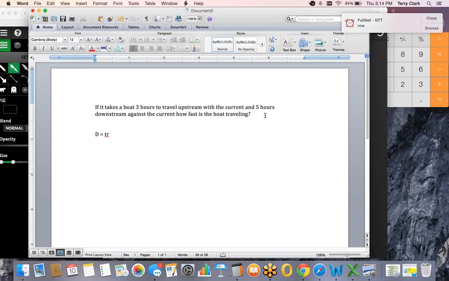Let me see. I'll set this up and see what happens. Okay, so it's 3 hours to travel upstream with the current and 5 hours to travel downstream. I want to say I do need the distance. Okay, the distance